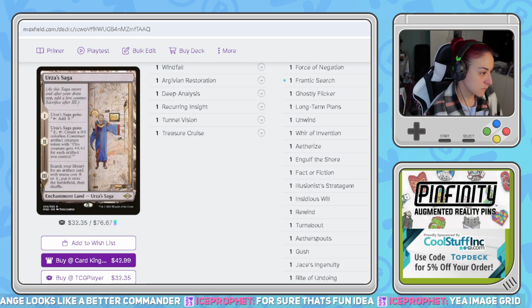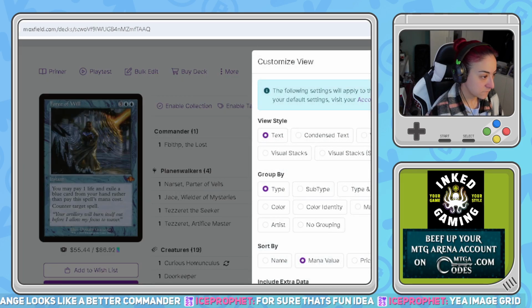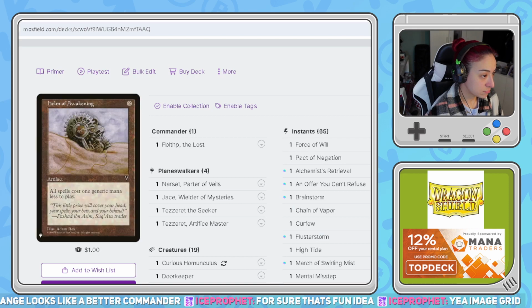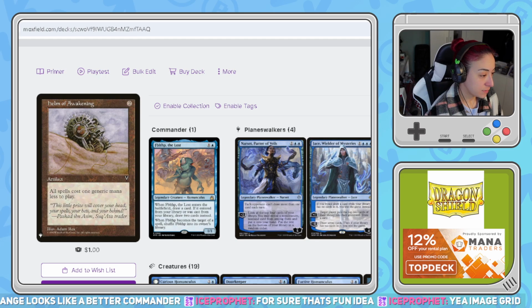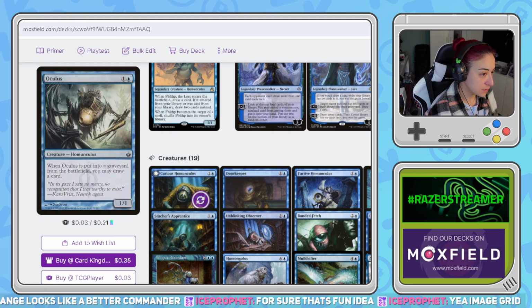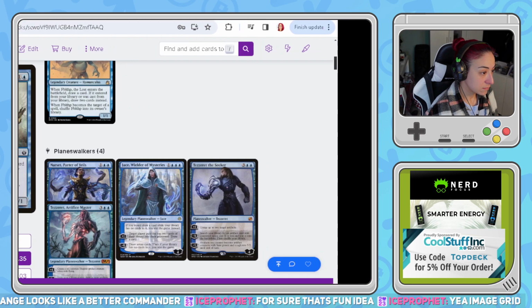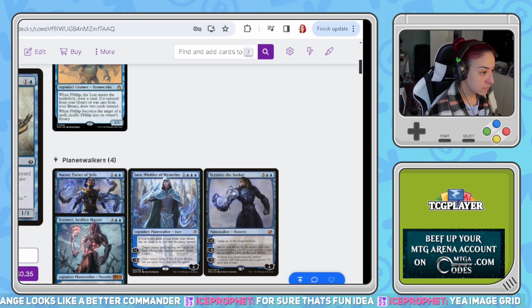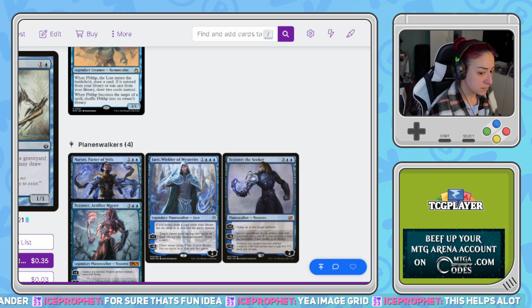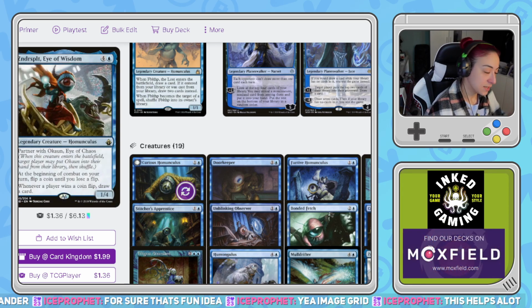So let's start cutting instants, image grid. Okay. Wait. Here we go. I'll move over on OBS as well so you can see. Is that better? Hopefully. Let's see. Ugh, why does it keep doing that? OBS keeps wanting to go over to the left, which